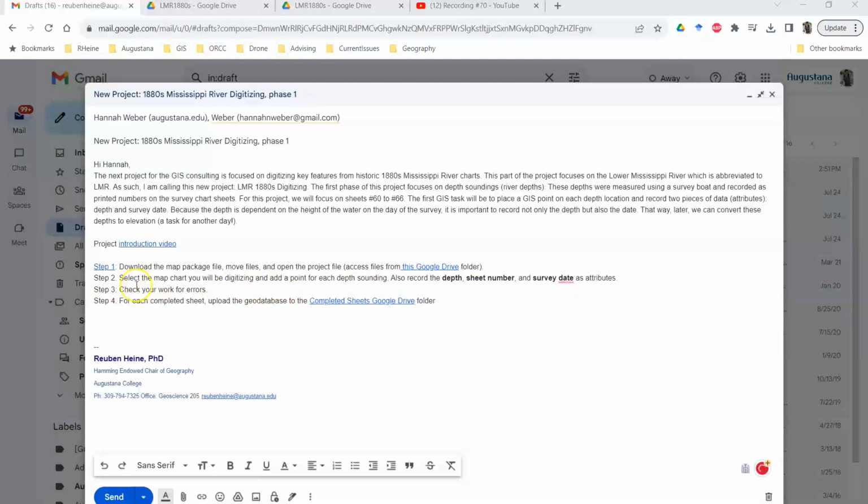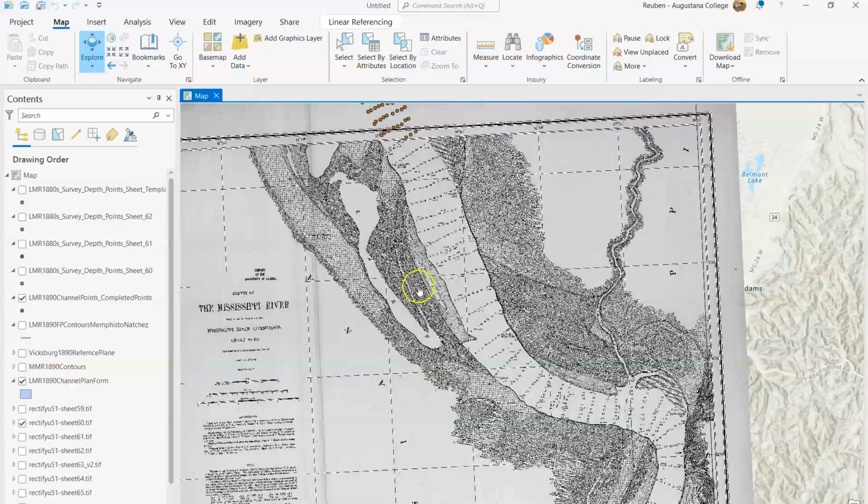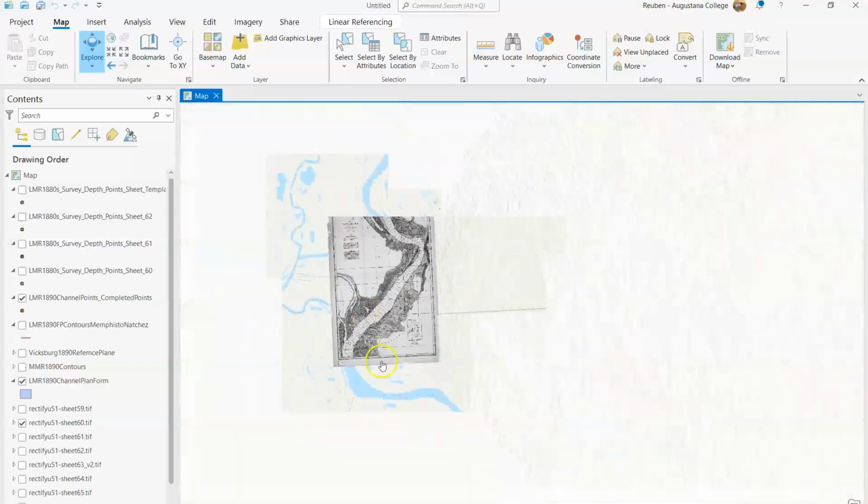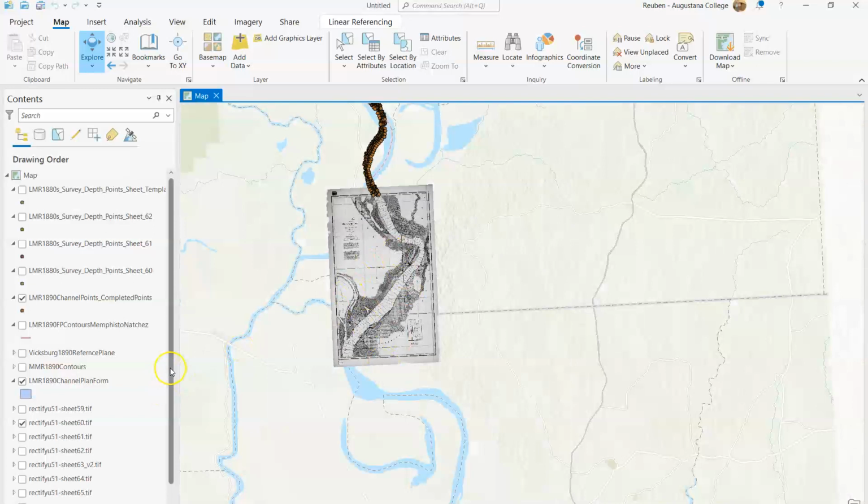And so step 2 is referred to here as select the map chart. It really is a sheet that you're working on, and then getting the right files you'll need for adding those points. Okay, it'll be a little easier once I pull this up and you can take a look. All right, so again, the organization of all of this is in these individual map panels, and so you're familiar